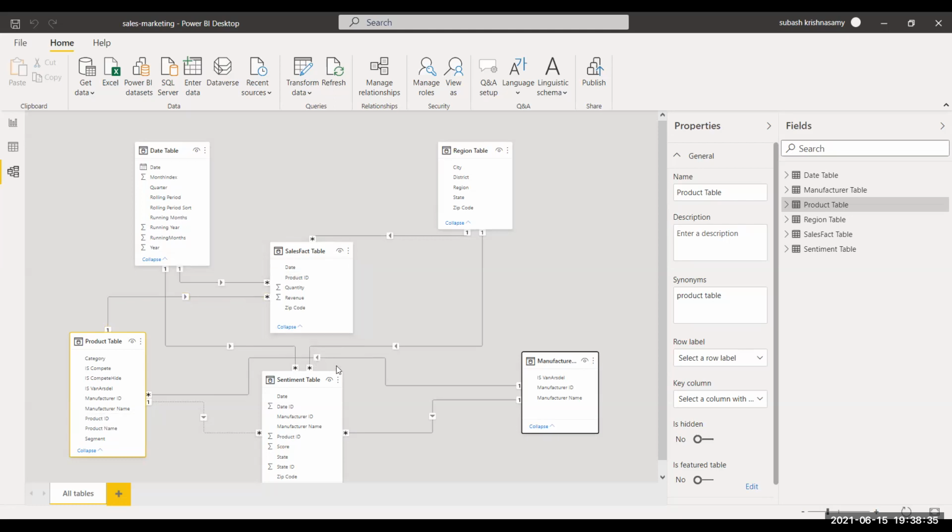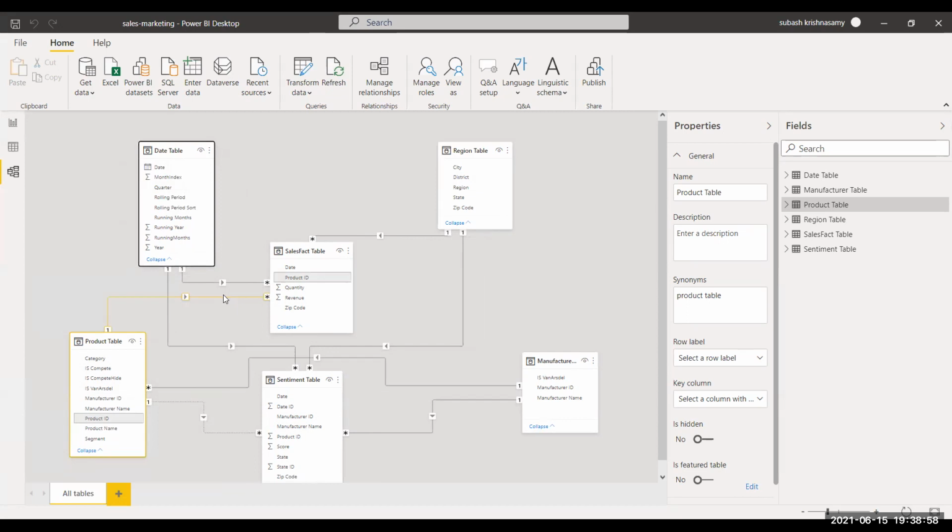See, basically, what happens is the relationship that you make, we should not focus on connecting wherever we find a common column. The data is flowing from one table to another. If you see over here, you have made this relationship with product ID to product ID. And if you see over here also, you have made this relationship of this table with the product, which column, this zip code over here, right?